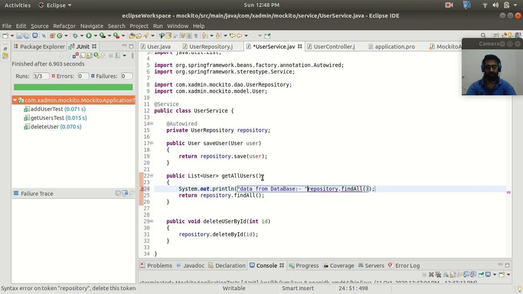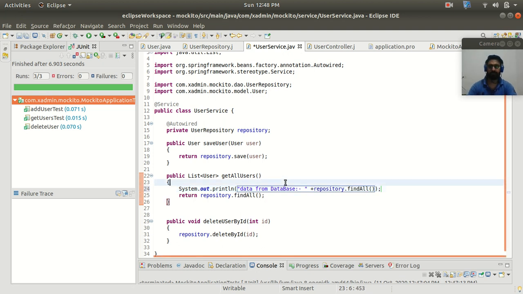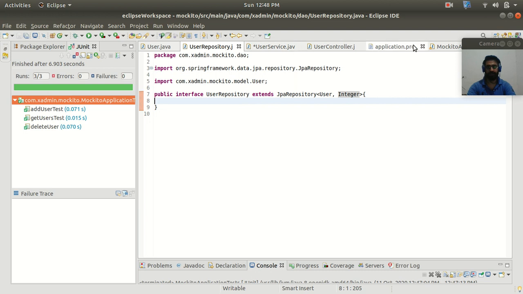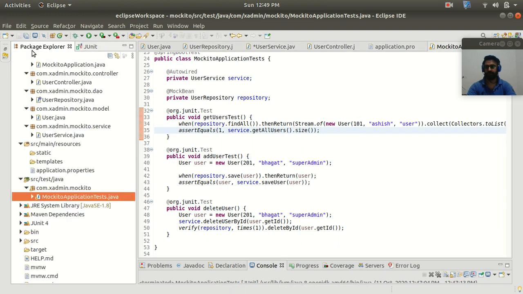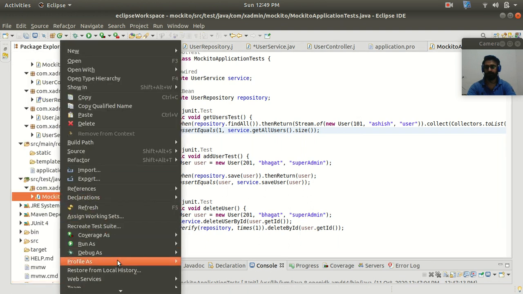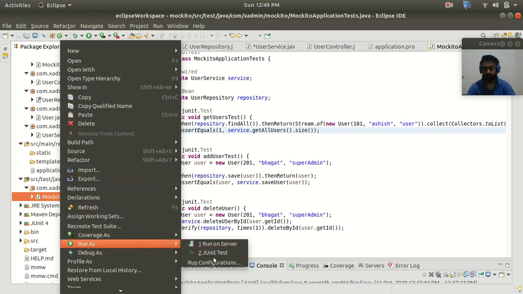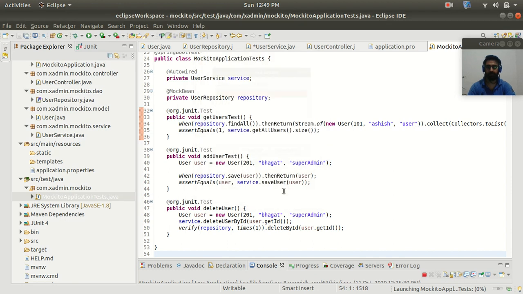And now we are going to check whether we are getting this data from our database or from our mock object which we have assigned here inside my get user data. All right. So here you can see that I have mocked with the name and the role as users, and the ID is 101. So let me run this. Run as JUnit test, save.